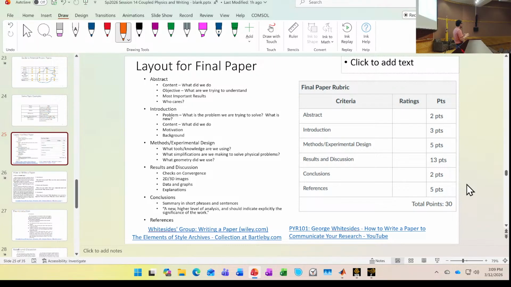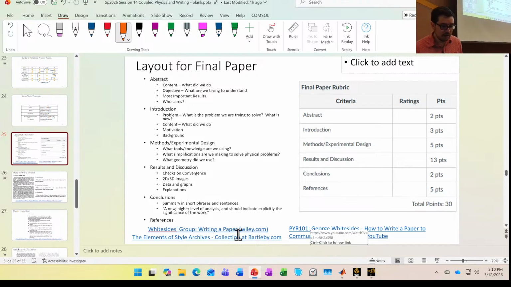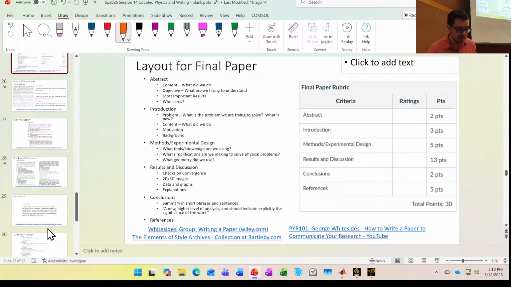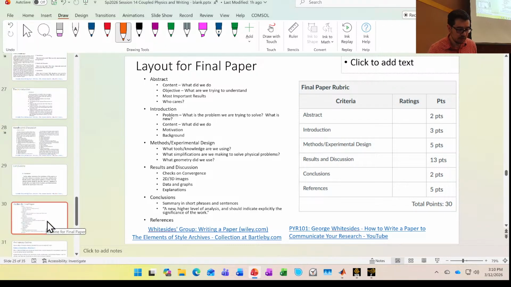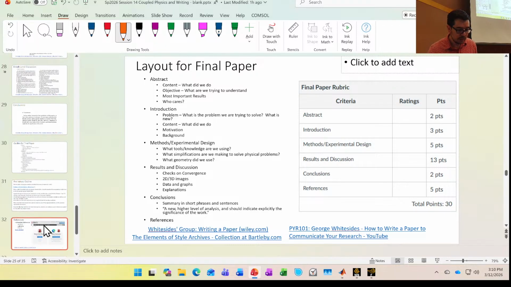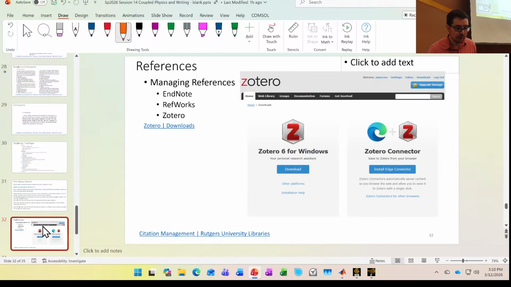I just look. I'm like, okay, they put their citations in, the number of citations in the paper is the same number as the citations they include in the references. They don't look like garbage references. 5 points. Okay? So, as you're working on your preliminary outline, keep those things in mind, and you can read these slides later if you like. Okay. Again, please use a reference manager.